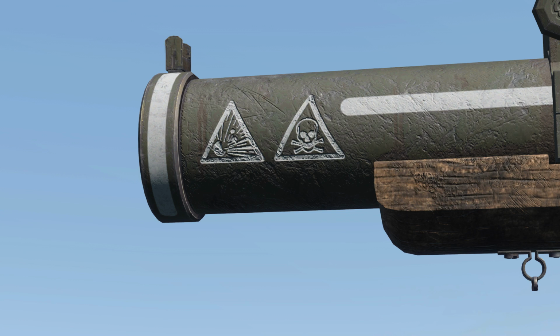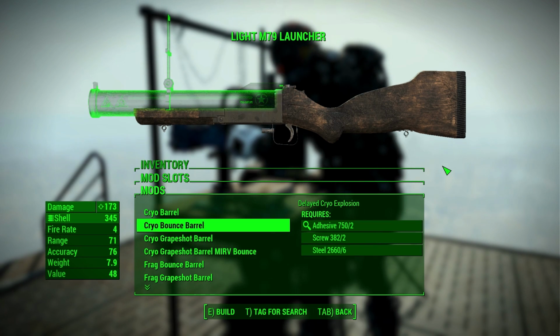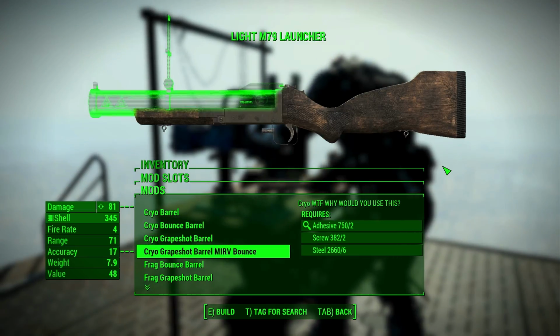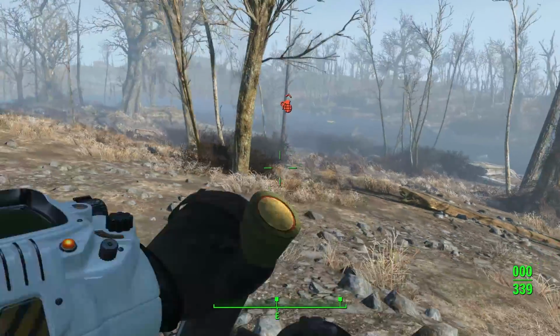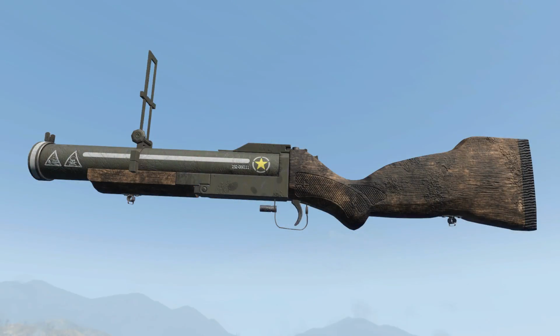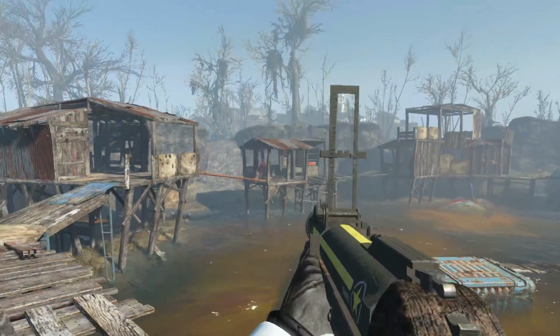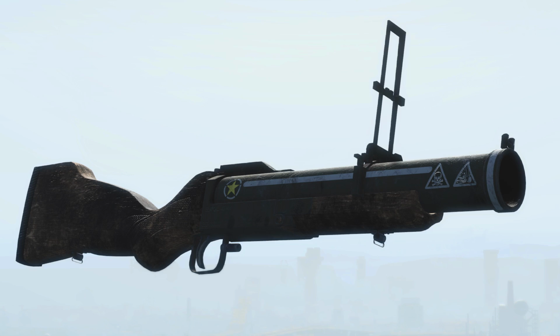So first off, brand new texture design, as you can see here on the barrel. Very nice. Also, there are 3 new barrels for the 3 types of ammunition that come with this. There's a bounce barrel, which allows your grenades to bounce before exploding. A grape shot, which shoots a wall of tiny pellets of explosives. And the grape shot barrel MIRV bounce, which